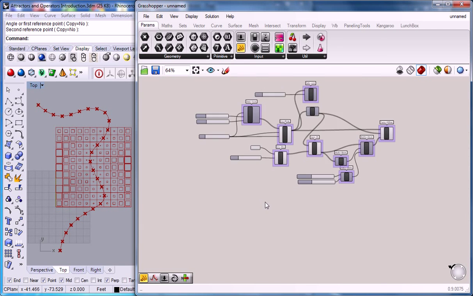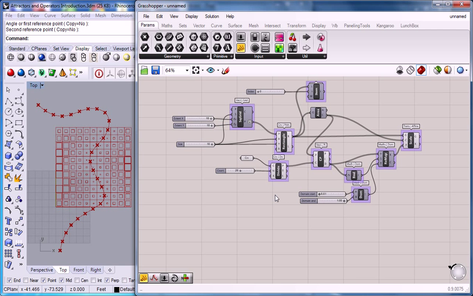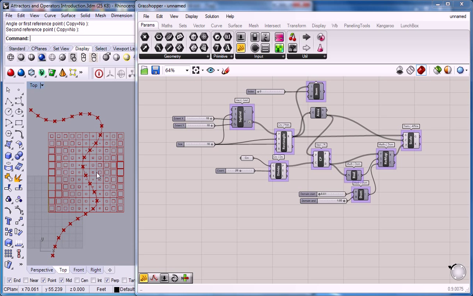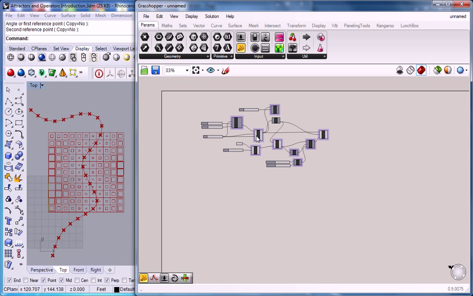The next thing I wanted to show you is how to do something similar to this, but show your results rather than modify the geometry of your results. So maybe rather than scaling each of the panes of this grid, we actually want to just see the attractor points' relationship to each of the panes and render it in a particular way. So we can take most of this down, and we're going to begin to tear it apart